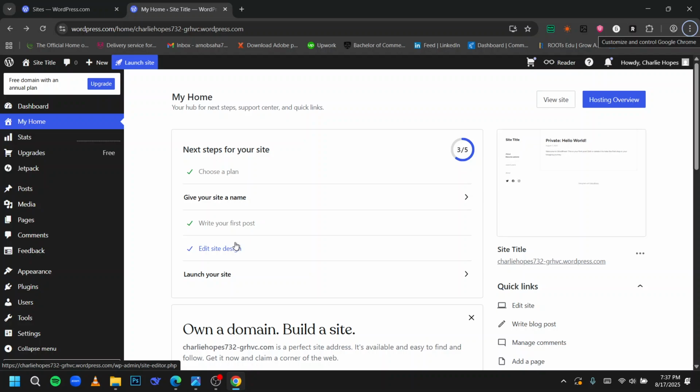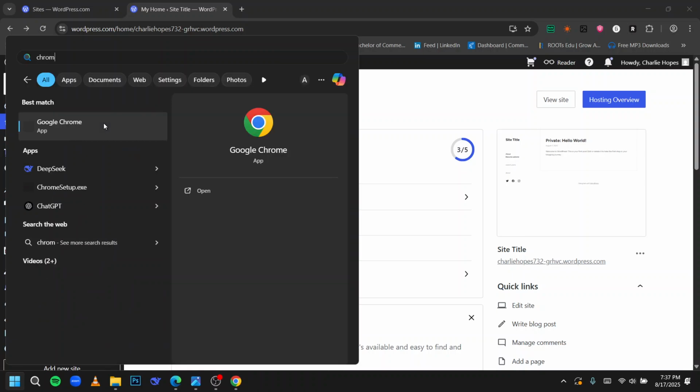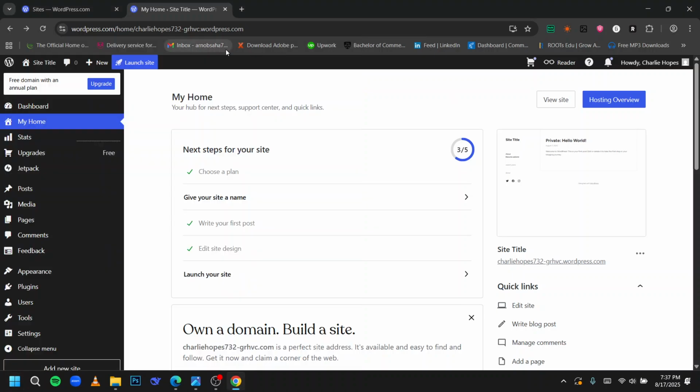Hello everyone, in this video I am going to show you how to add the toggle switch button in WordPress site. So for this you have to simply go to the start button, then simply type in Chrome or the preferable browser that you would like to use. After that it will simply take you to the page, and there you have to simply type in